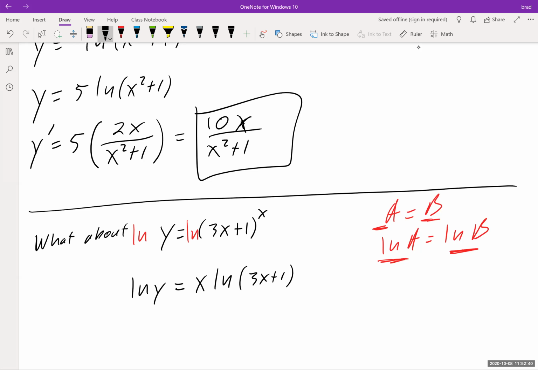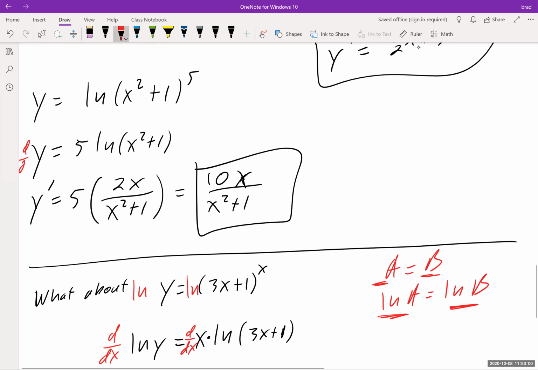So the thing is that I was previously unable to do that derivative. But now I have a product. Now, even though it's not a nice product, I can still do the derivative using the product rule. So what I'm going to do, and here's where you've got to be careful, you're going to d/dx both sides. I haven't done this in any of the other problems, because when I d/dx this side,